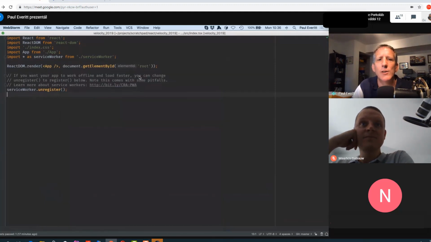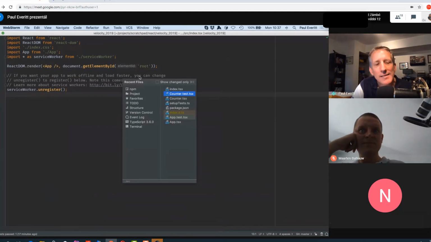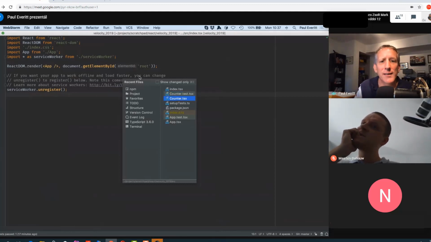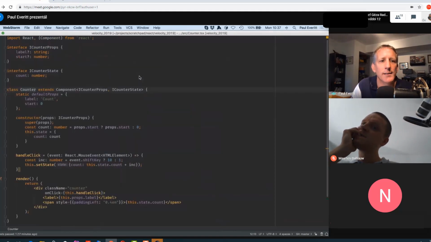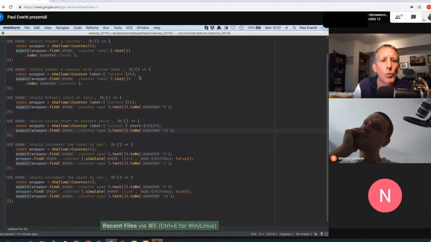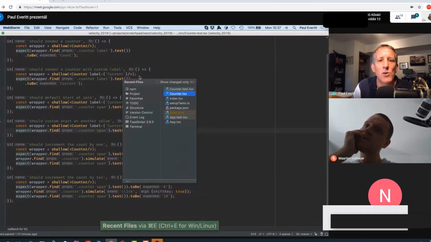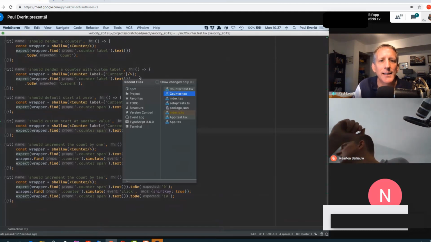Maarten talked about different ways to jump around. The thing that I use the most is recent files. Because the thing that I probably want to go to is the thing that I was probably working on just 10 seconds ago, the last thing. I'm in code that I'm writing, a counter, and I'm in a test that I'm writing for the counter. What is the most likely place that I want to go now? I want to go back to the counter. Recent files will, by default, put me on the last thing, and I hit enter.